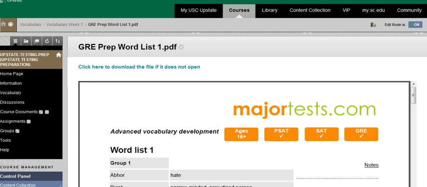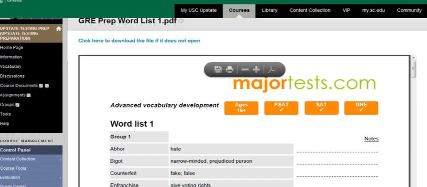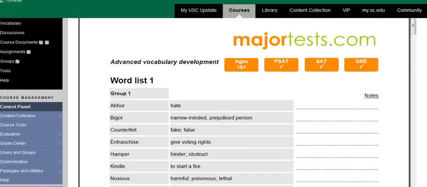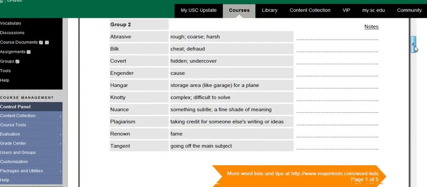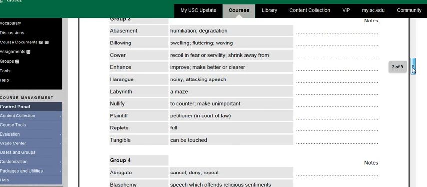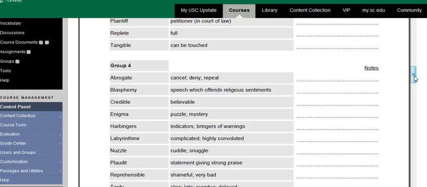This is, of course, from majortest.com. If you want to go there, you can see some of the stuff that they do. It gives some synonyms, which is good. And see, this one's 5 pages. The format is such that there aren't a bunch of words on each page, and you may be able to find some of this at Quizlet or something too. But I wanted you to have these so that you could actually print them out and go through them. I've got it divided up into 5 weeks of material, 5 weeks of material.